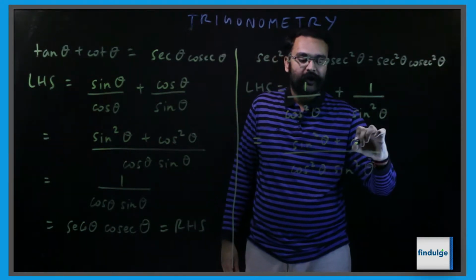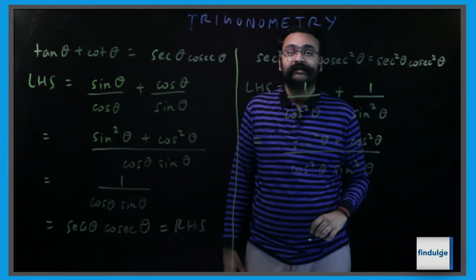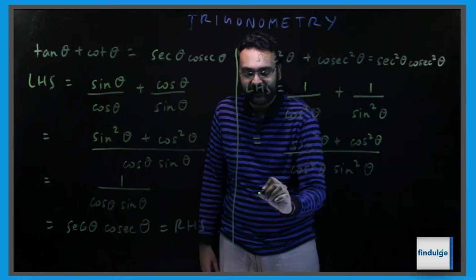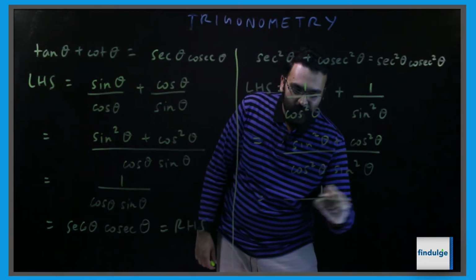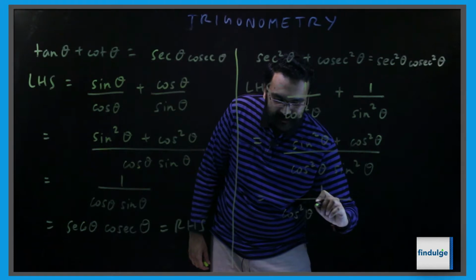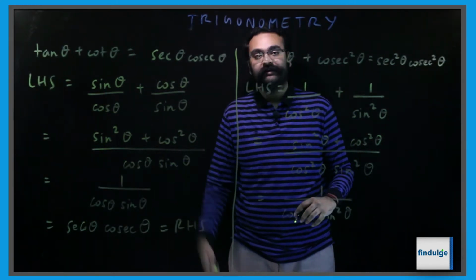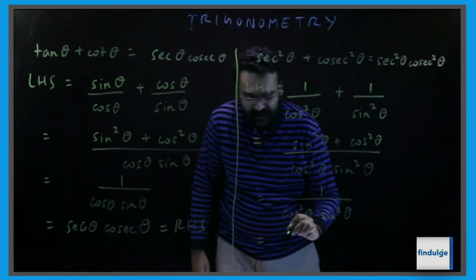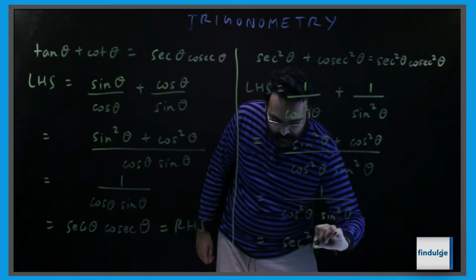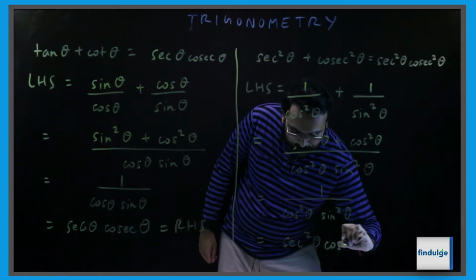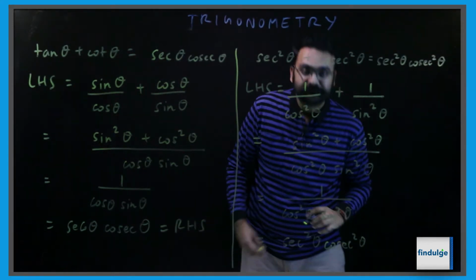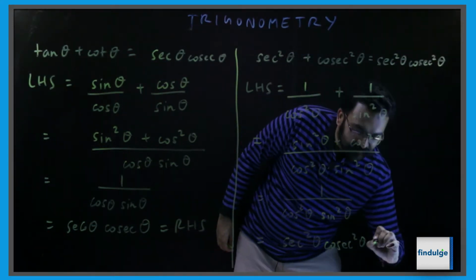This gets multiplied by cos square theta. Once again, this is our direct identity. Leaves us with 1 upon cos square theta into sine square theta, which, like this one here, simply becomes sec square theta cosec square theta, which is again our